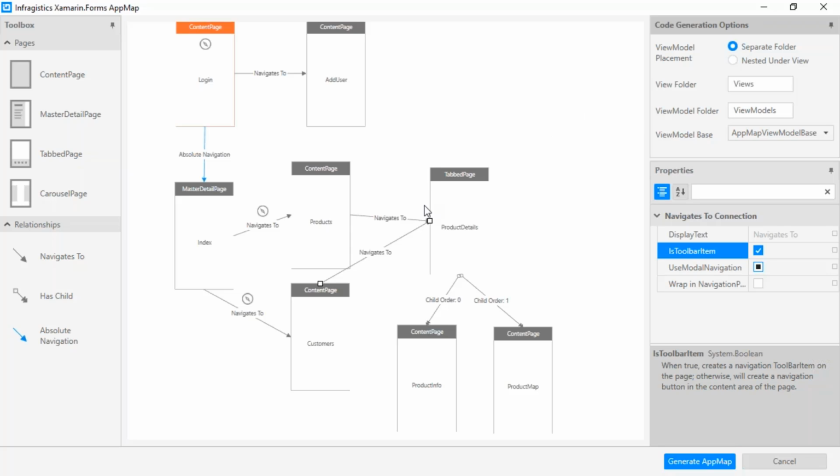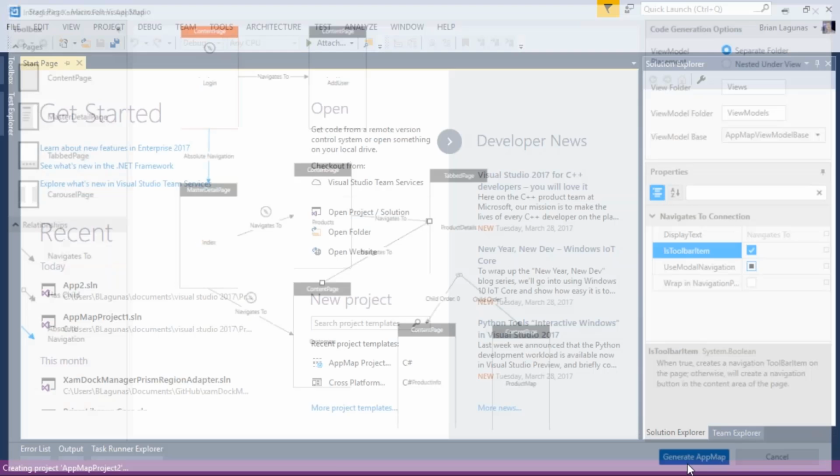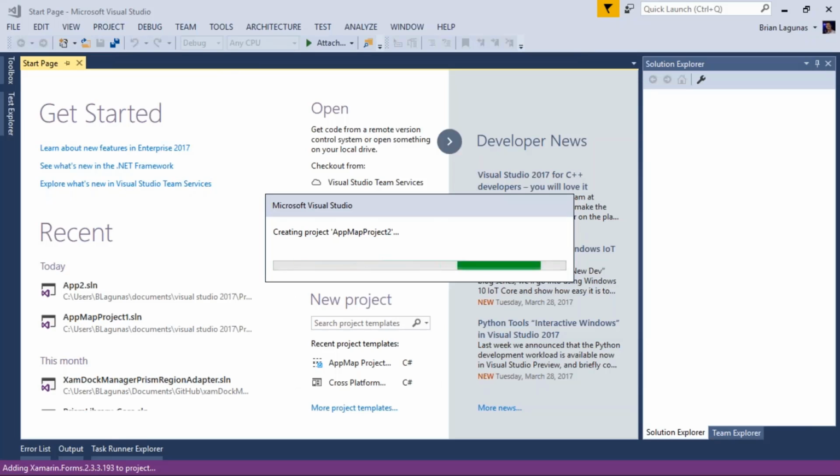So now I've basically mapped out, I diagrammed out my entire application flow and how I want it to work. So now I just sit back and I hit generate app map. Now I'm going to nibble on this Pop-Tart, and I'm having it for breakfast while